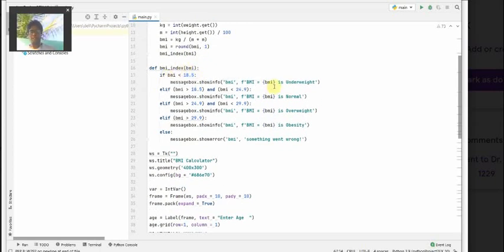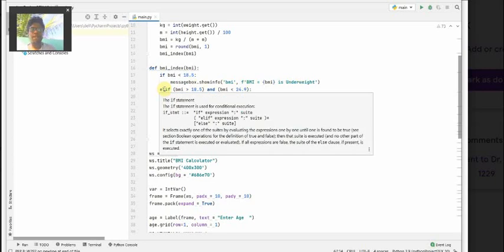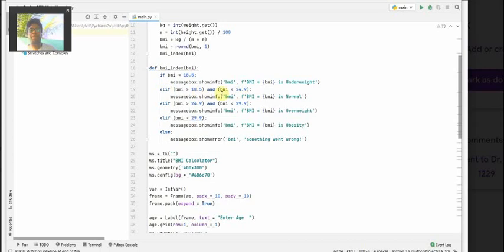The main index of this BMI is to see that if the BMI value is below 18.5, then it shows underweight. Else if it is between 18.5 and 24.9, it shows normal.